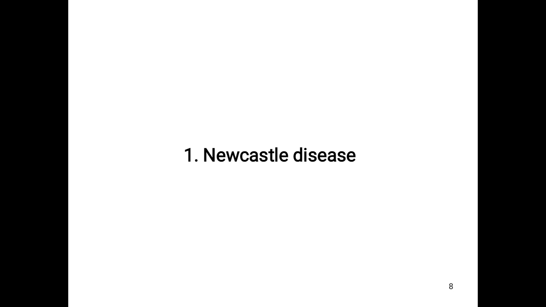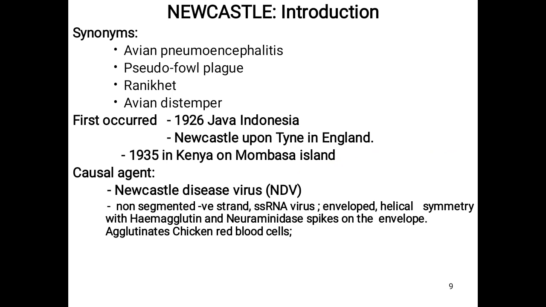So we are going to start off with Newcastle disease. Newcastle disease is a viral disease of poultry, and it has synonyms: avian pneumoencephalitis, pseudofowl plague, Ranikhet, avian distemper. It first occurred in 1926 in Java, Indonesia, and Newcastle upon Tyne in England, and in 1935 in Kenya, here on Mombasa